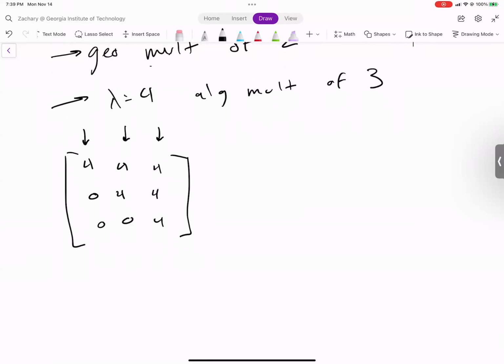So I subtract 4, this goes 0, 0, 0 on the diagonal. How many free variables do I have? 1, because this will become 0, 4, 4, 0, 0, 4, 0, 0, 0. How many pivots does this have? So how many free variables does it have? Exactly. So one solution is just to make this entry 0. Another answer would be to make this last column 0 instead.